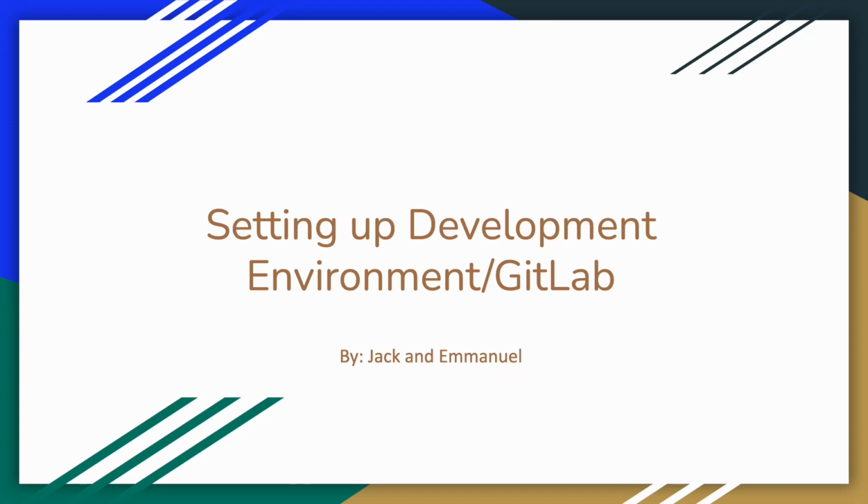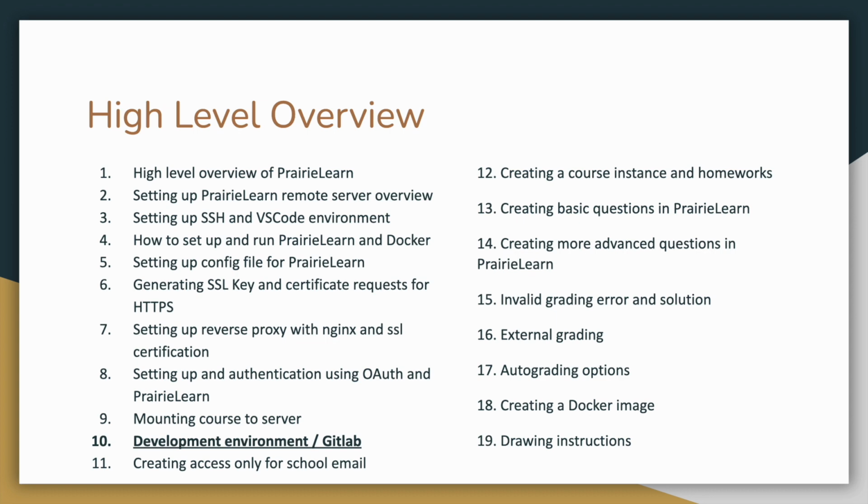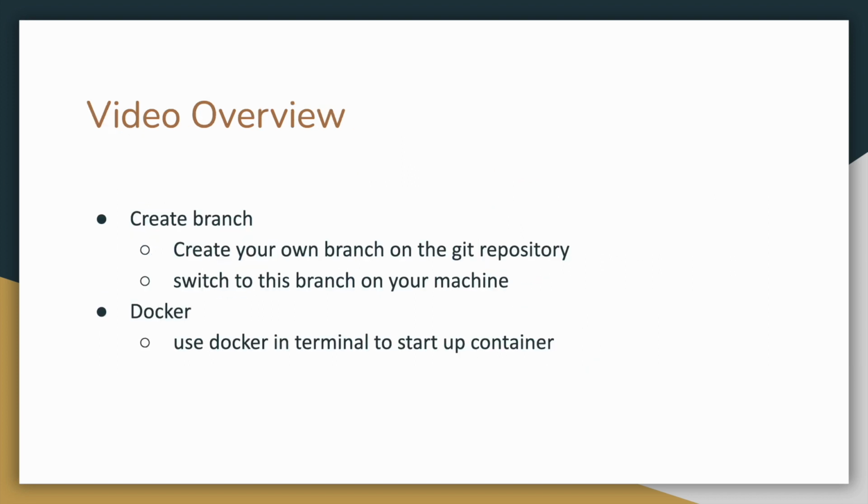So now we'll be setting up the development environment with GitLab. So here's the high-level overview. We are currently on step 10, just one more step until we've completed the server. Video overview: we're going to create a branch. You create your own branch on the Git repository, switch to this branch on your machine, and then we're going to use Docker and Terminal to start up the